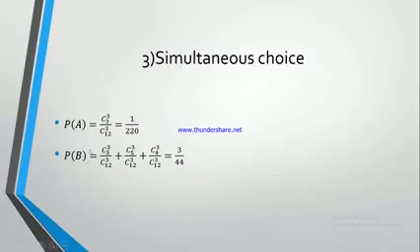For the balls of the same color, it's either 3 choose 3 for the green ball over 12 choose 3 plus 5 choose 3 for the black ball over 12 choose 3 plus 4 choose 3 for the blue balls over 12 choose 3, and the answer is 3 over 44.